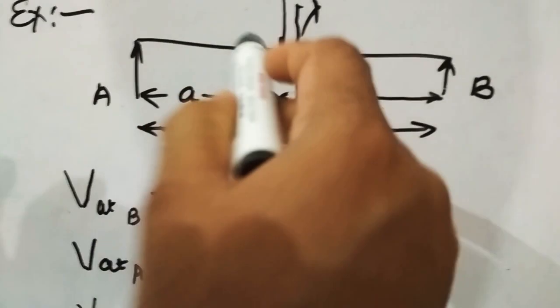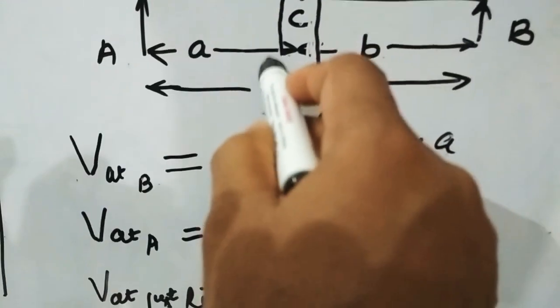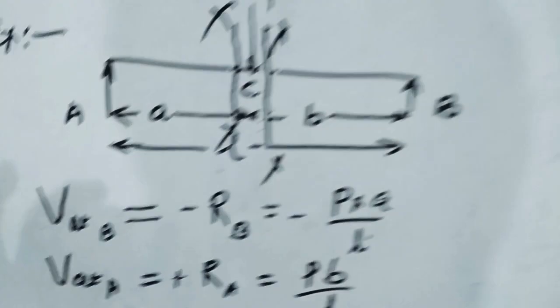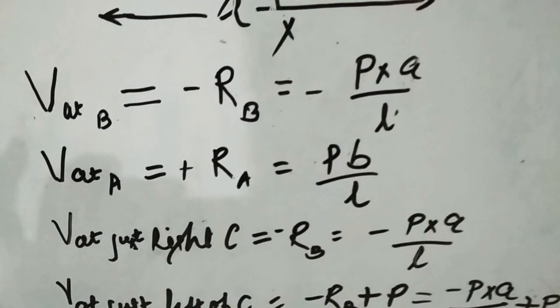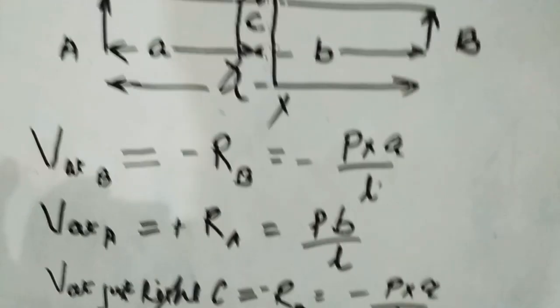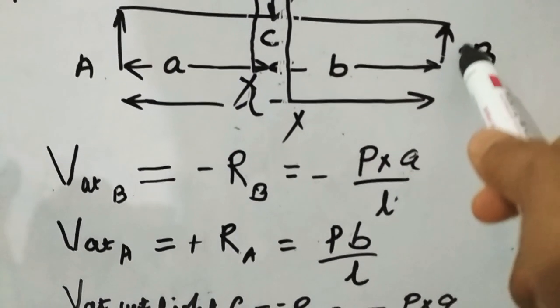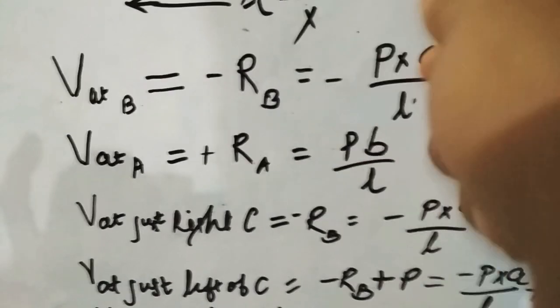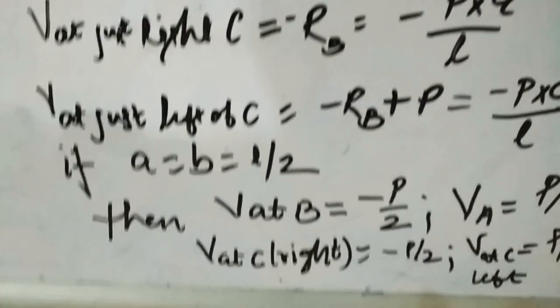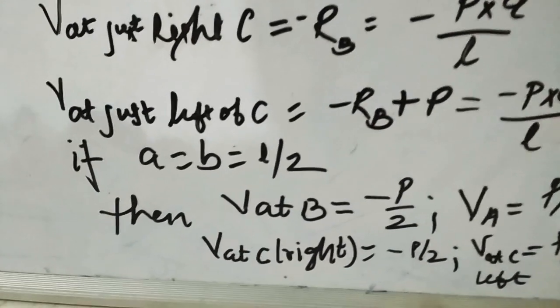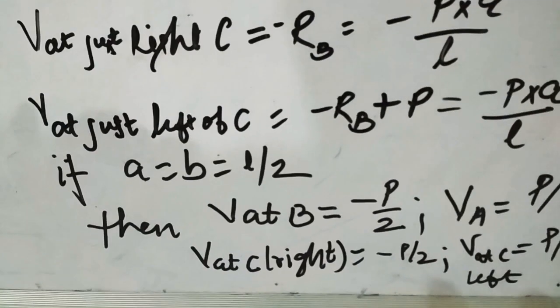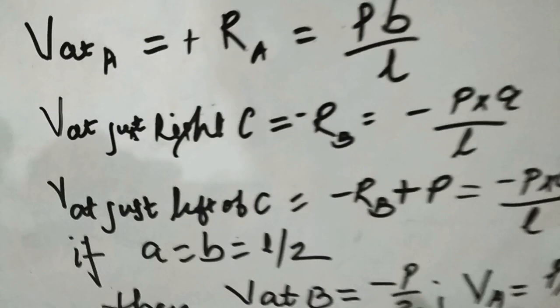And if we consider a section line just after the point C, then the value of shear force, the sum of all the vertical forces, will be minus RB and plus RB, right? So the value of shear force just left of C equal to minus PA by L plus P. That is,